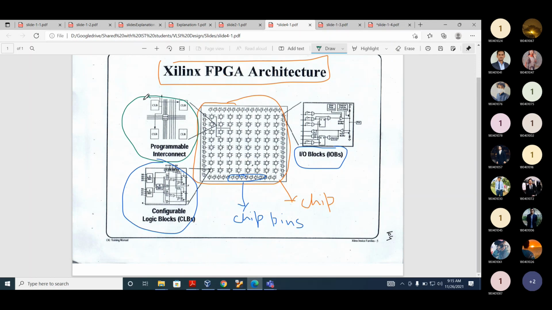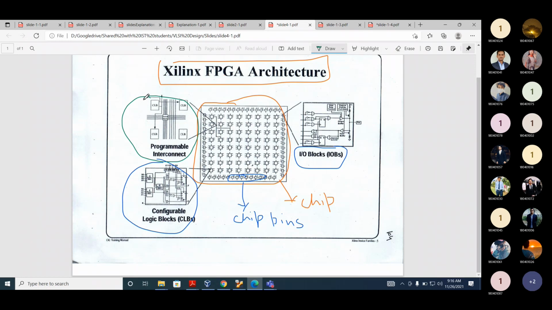And then we have the configurable logic block. The configurable logic block can be used to implement any combinational or sequential function, similar to the MAX architecture. But actually the implementation of this configurable logic block is different from the implementation of the macro cell. Just the implementation. So what is the underlying architecture of the configurable logic block? What is the underlying architecture of the IO block? What is the underlying architecture of the programmable interconnect? We will study this in more and more detail now.